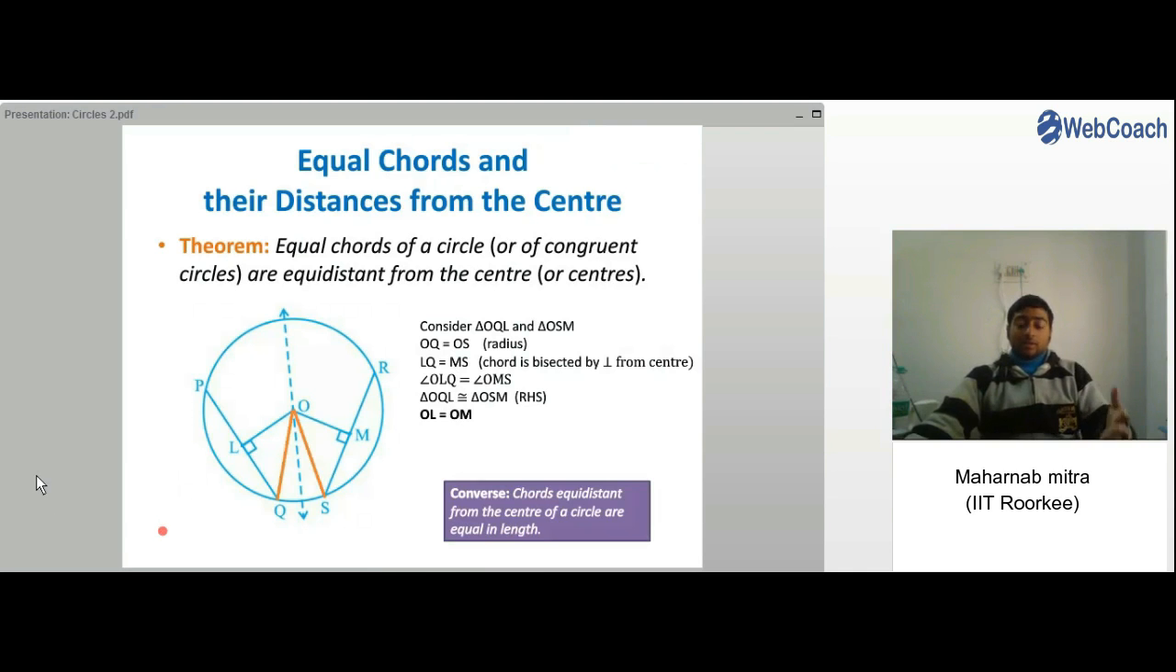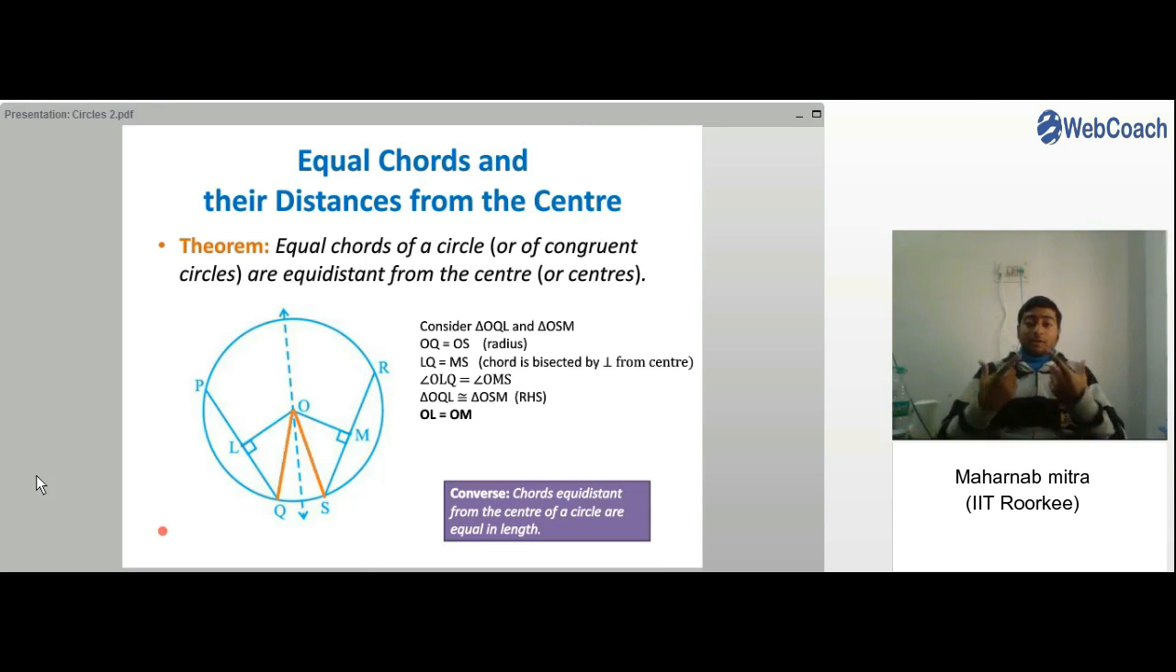And you can also state this theorem the other way around, which is the converse: chords equidistant from the center of a circle are equal in length. Or if we draw two chords at equal distances from the center, then the two chords will have the same length, right? In the given theorem we knew that the chords were of equal length,